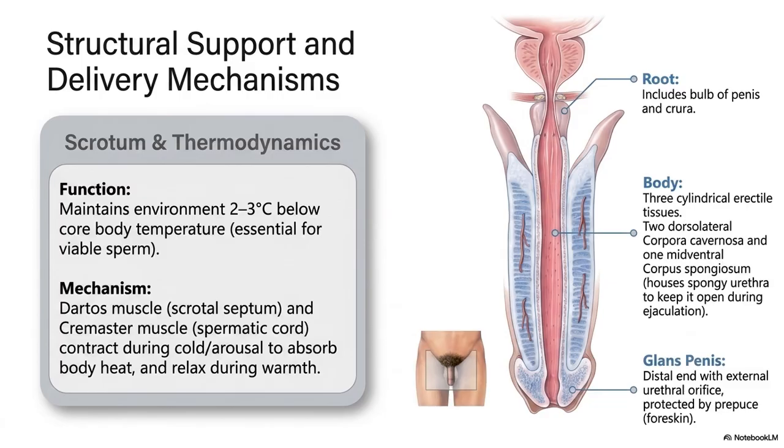Now the distal part is the glans penis, which is a slightly acorn-shaped enlarged portion of corpus spongiosum. It is surrounded by a loose skin known as prepuce or foreskin. The proximal margin of the glans penis is known as the corona, and the opening at the distal end is the external urethral